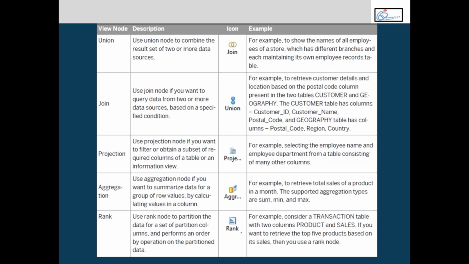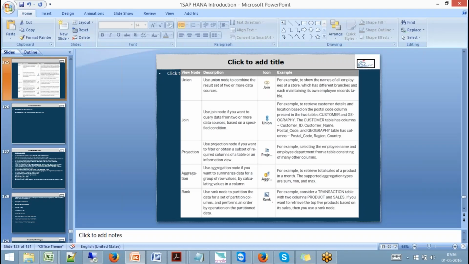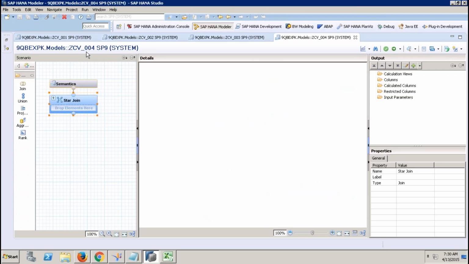Join will take 2 inputs, performs a join on those 2 inputs and then gives out the result as a single output. And union can take n number of inputs. I can union multiple results, not 1 or 2, n number. So filtering can be applied only on a projection or aggregation, but not on the default output nodes. So you understand the operation. Based on the modeling requirement, you'll have to start using these operations, configure them, and build up your model. And when it comes to this data category property,